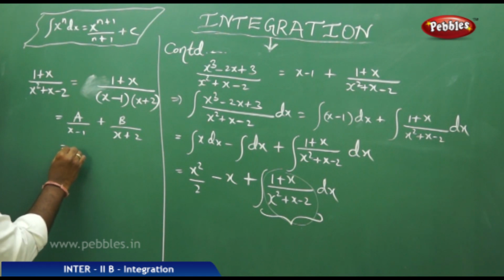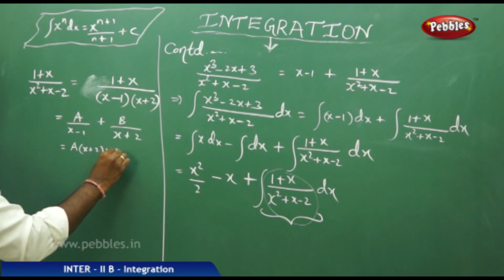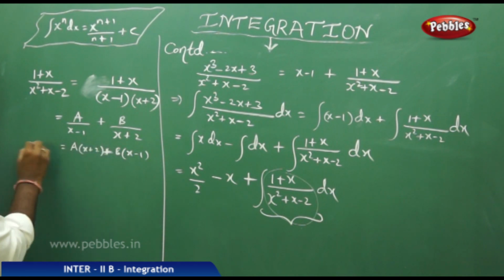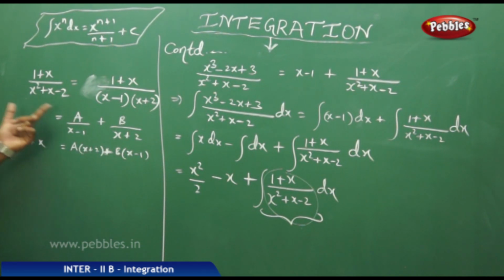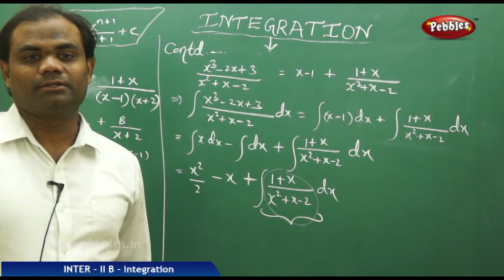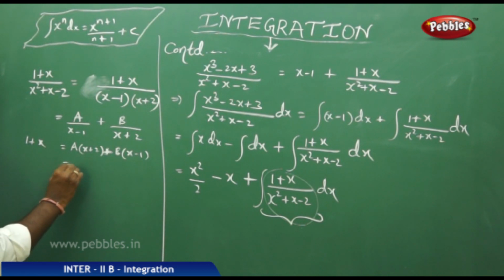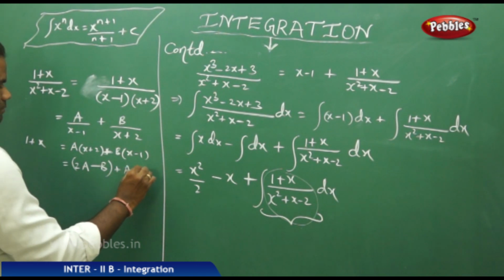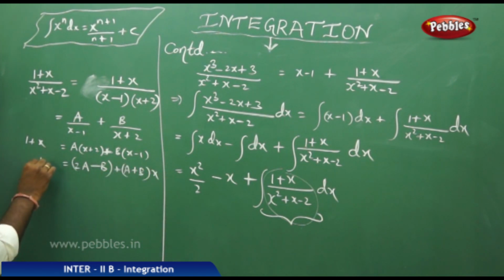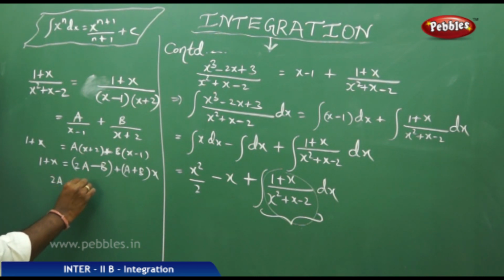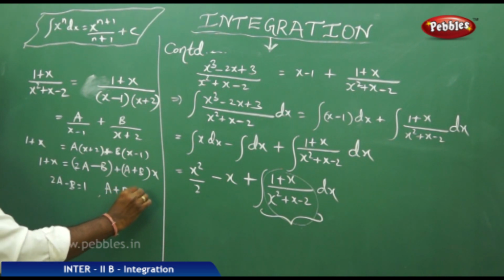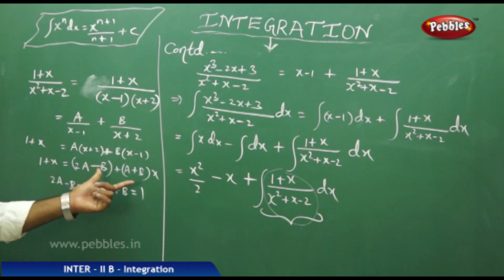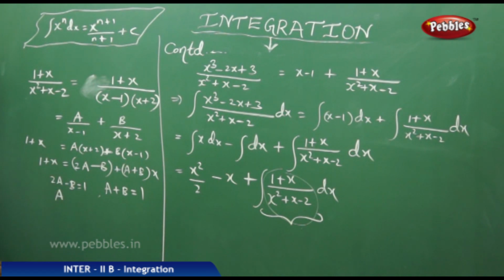That implies a times (x plus 2) plus b times (x minus 1) is what I get, with the denominator getting cancelled, which is how we do it in the partial fraction method. Now taking common, this is 2a minus b plus (a plus b) x. Now comparing the like coefficients, 2a minus b is 1 and a plus b is also 1, equating the like coefficients, and then using the elimination method